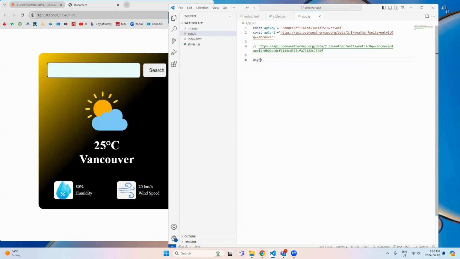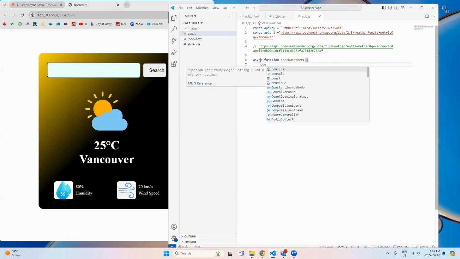Async function, let's create check weather. Okay, this is function check weather. In this check weather function,